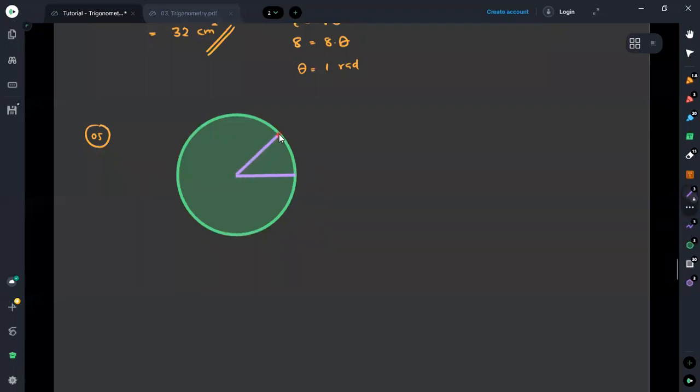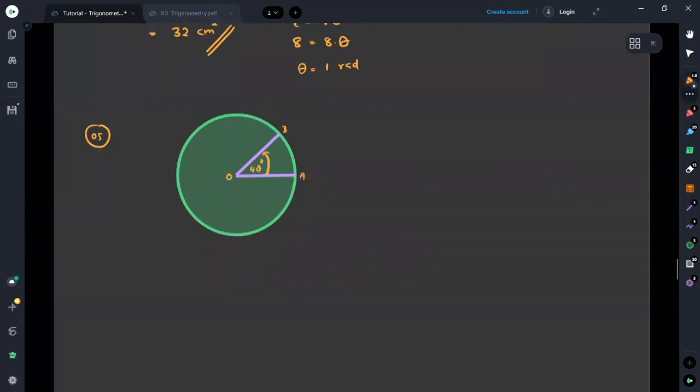Using the angle 40 degrees, an arc has formed. Now we can see the angle is 40 degrees, and if you name the arc as A B,